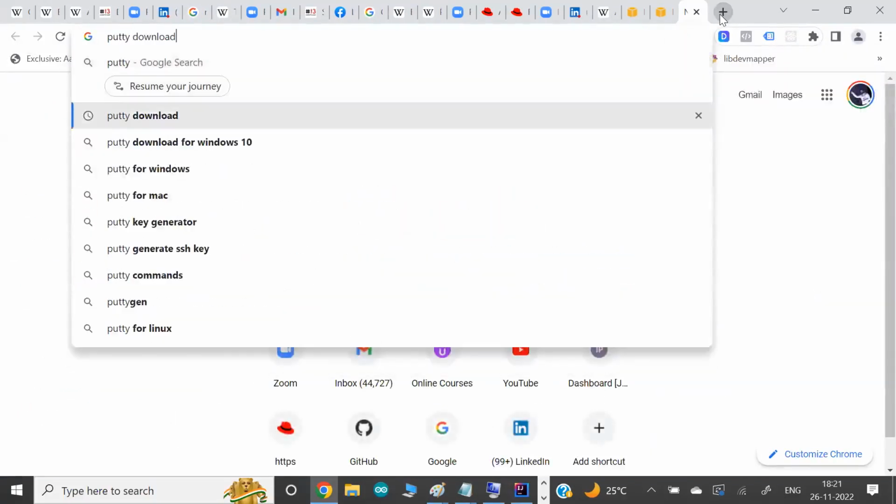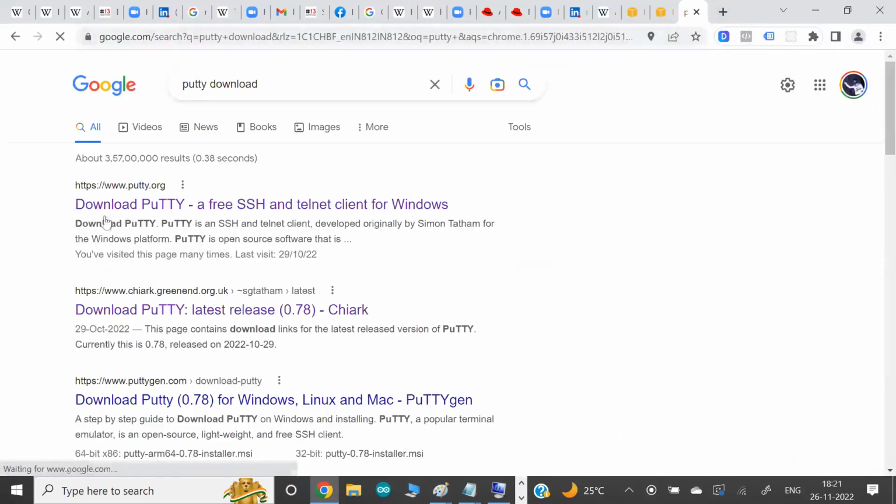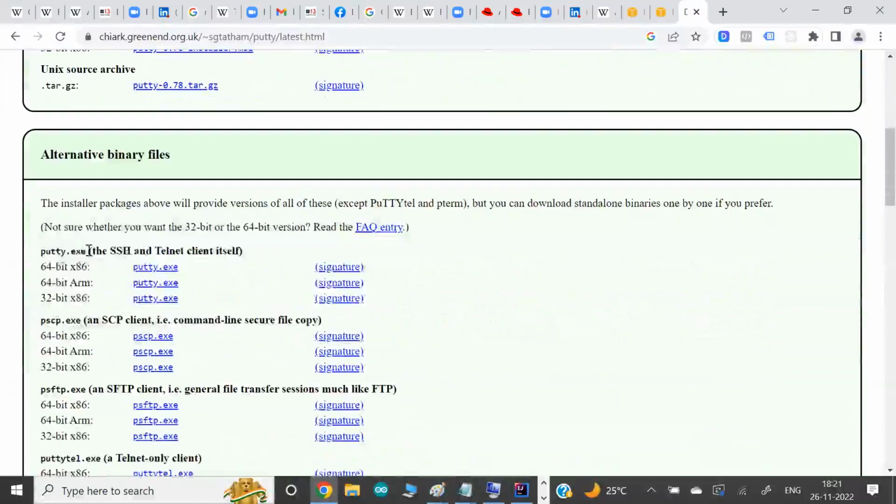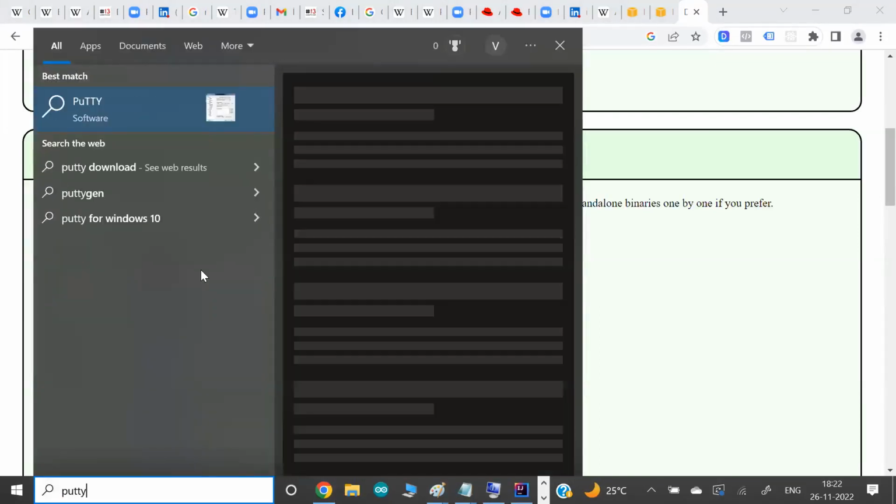If you don't have it, download the software from this website, freely available. Go to download Putty. My system is Windows, so I'm downloading the 64-bit version. I already have it, so I don't need to download. I'll use the Putty program.